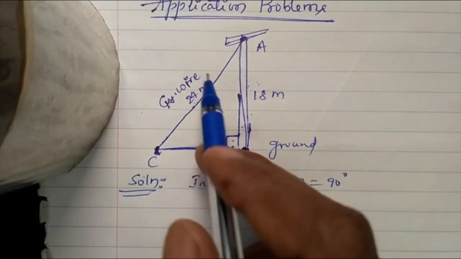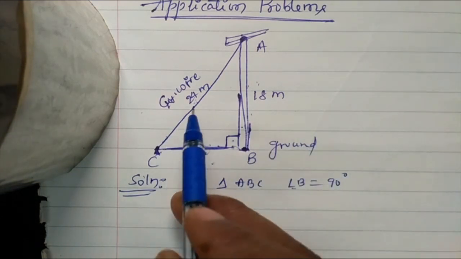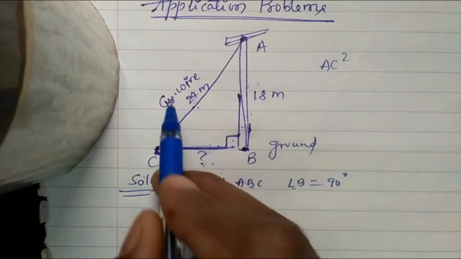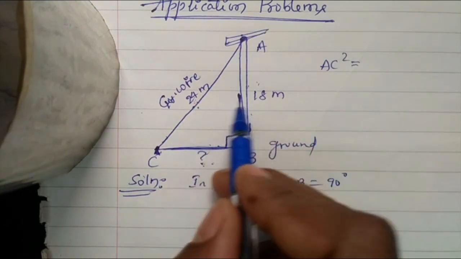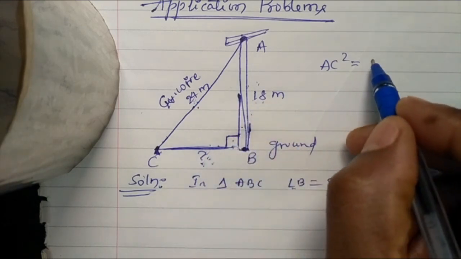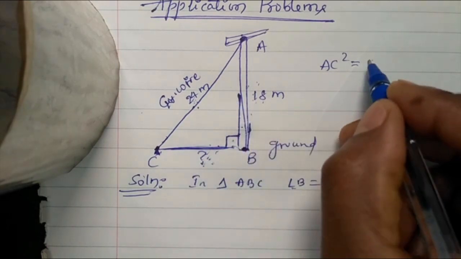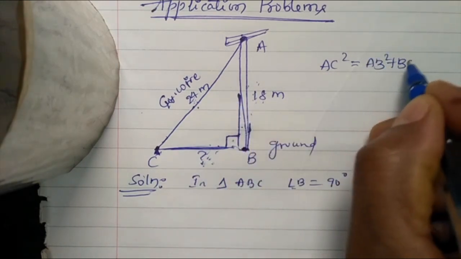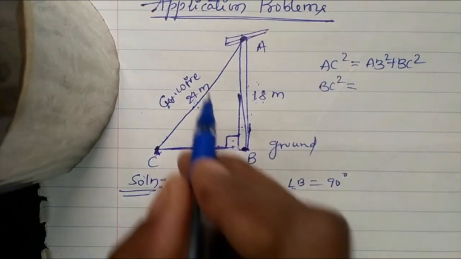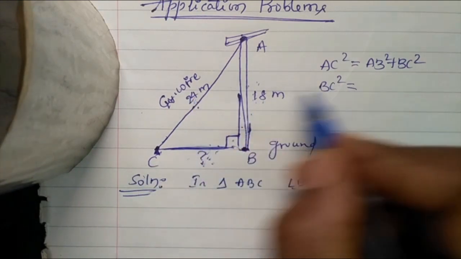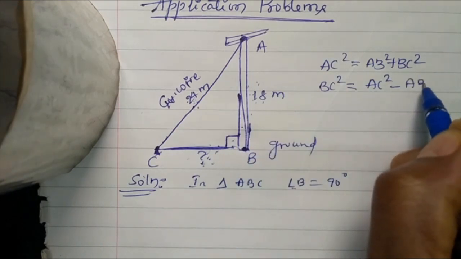So there are three ways of writing this triangle in equation form using the Pythagoras theorem. If you are writing AC square separately, AC is the longest side, right? If you are writing the longest side separately, these two you need to add as shown above. So these two you have to understand. If you are writing BC square separately, these two don't add, because it is longer minus smaller. Longer, first always the longest side, minus the other smaller side, that is AB square.